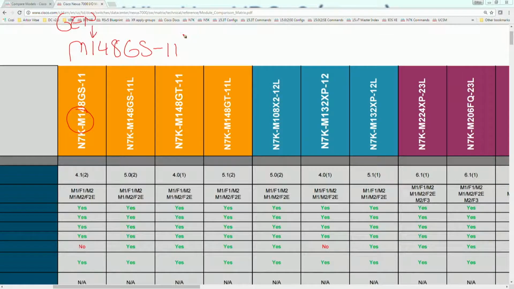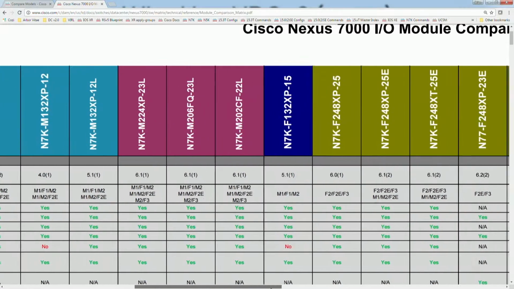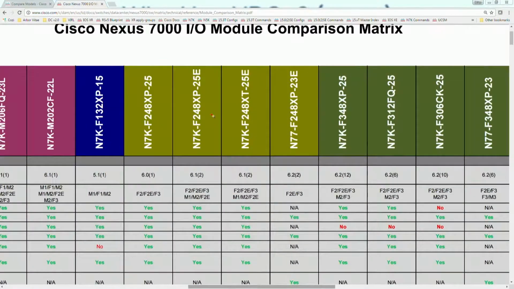The two numbers at the end are what is the supervisor that is required to run the card. And the last number is the number of fabric modules that you need in order to offer the card its full line rate. So for example, if we look at the card that we are using, which is the F348